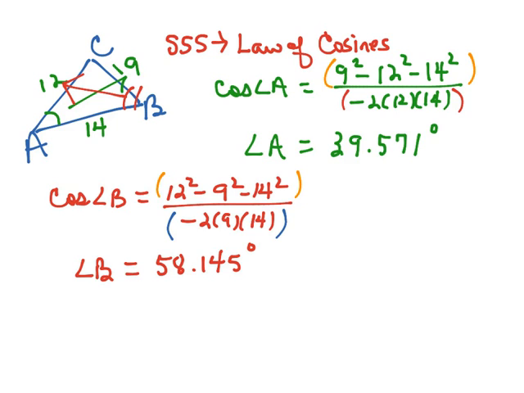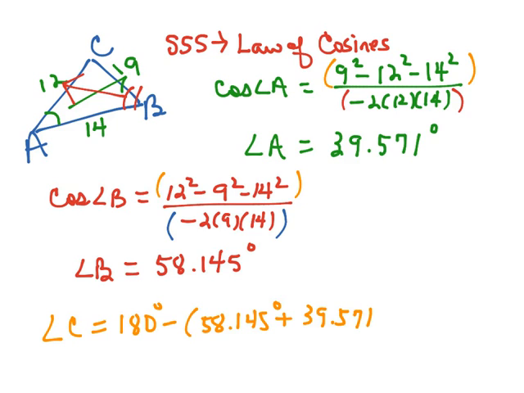Now we could continue this process for angle C to find it, or we could note that the 3 angles in a triangle are supposed to add up to 180 degrees. So angle C is going to be 180 degrees minus 58.145 plus 39.571. And so if we enter that on our calculator, 180 minus parentheses 58.145 plus 39.571, close that parentheses, we come up with angle C is